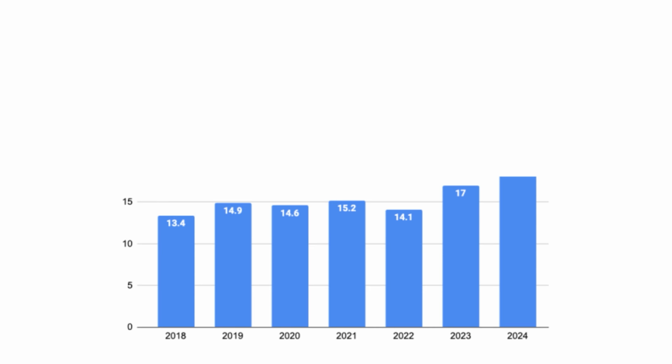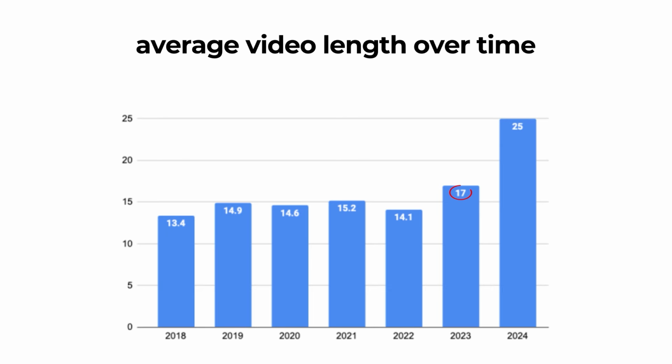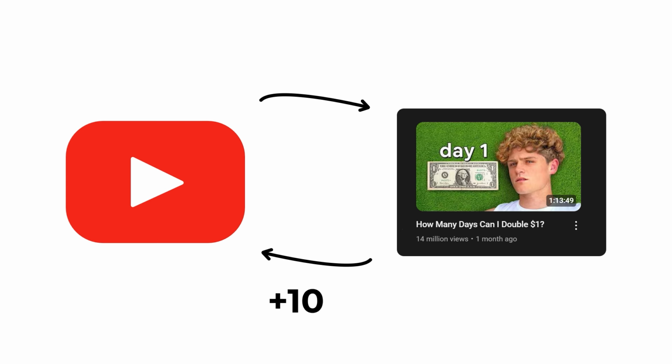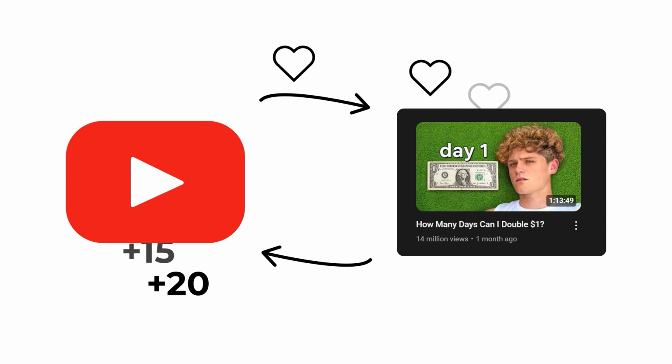Ryan also gets us to watch as long as possible by using the only legal view hack on YouTube. Okay, have a look at this. Last year, his average video length jumped by 10 minutes. It turns out just making longer videos means people will watch for longer. And since the algorithm loves high watch time, it pushes the video more. So it's a no-brainer. Ryan gets more views by making longer videos.